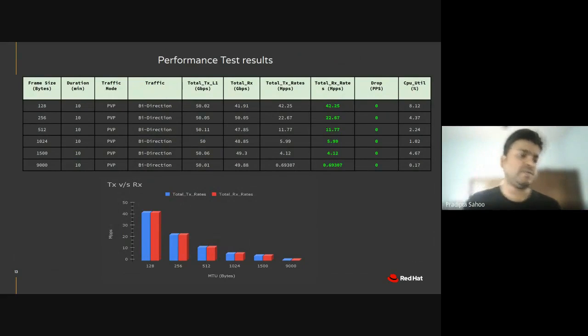We started the test with 128 byte frame size, because the Geneve header itself is near 108 bytes,